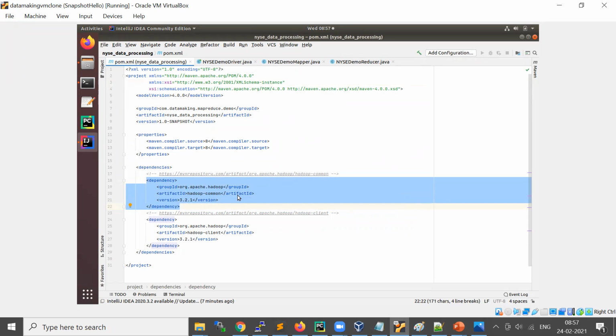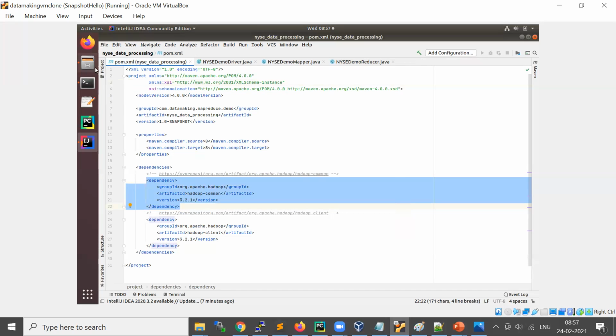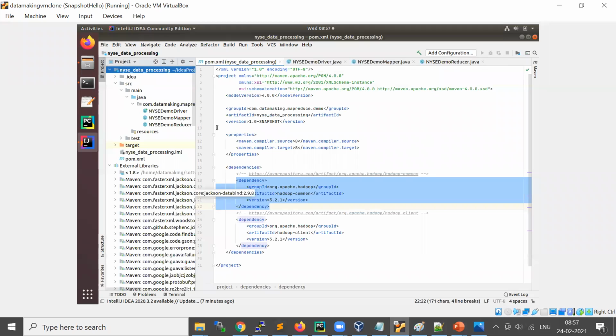the Maven build tool will go and download them from the repository. There is a public repository which contains the jars related to different components and different frameworks. The Maven build tool downloads your dependency jars and keeps them in your project so that you can use them.